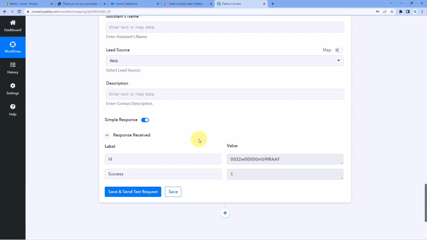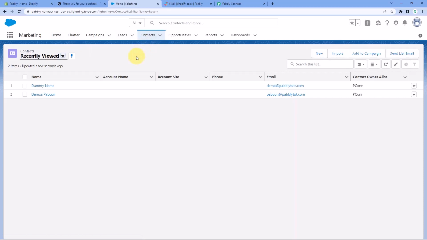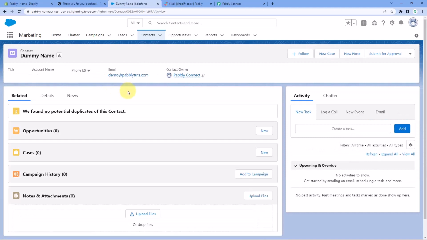So let's go to our Salesforce account and check it. We'll go to the home page of our Salesforce account and go to the contacts page over here. And yes guys, we can see that dummy name, the very same customer whose details we entered while making the test order on our Shopify store, is now added as a new contact